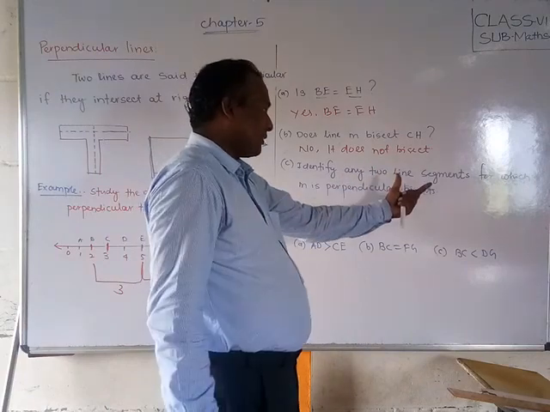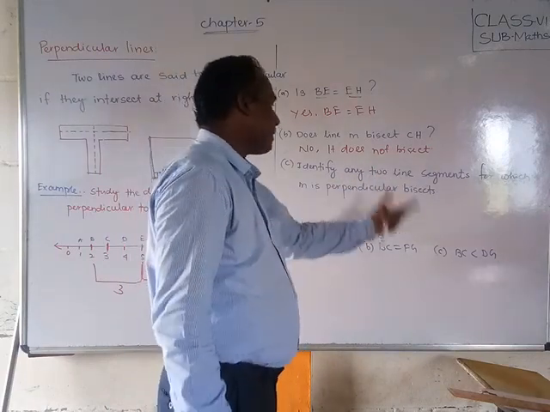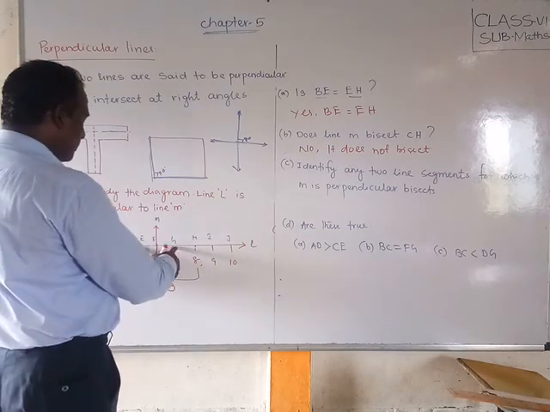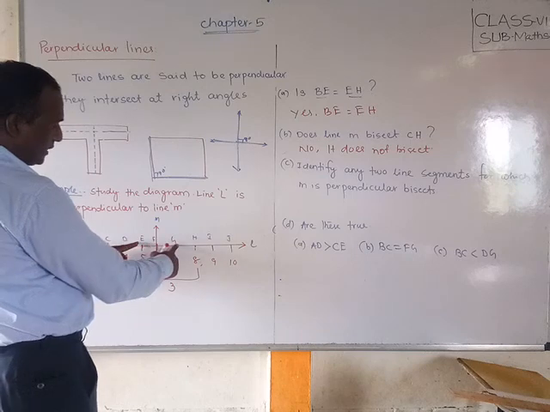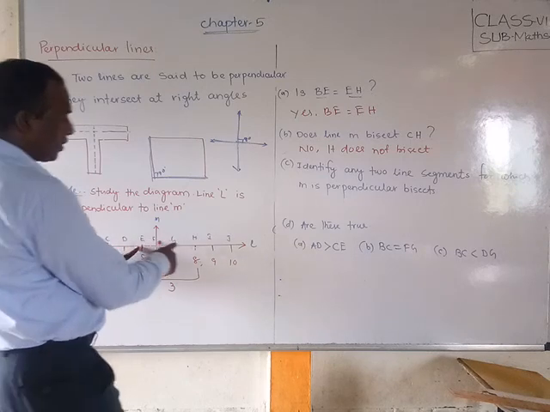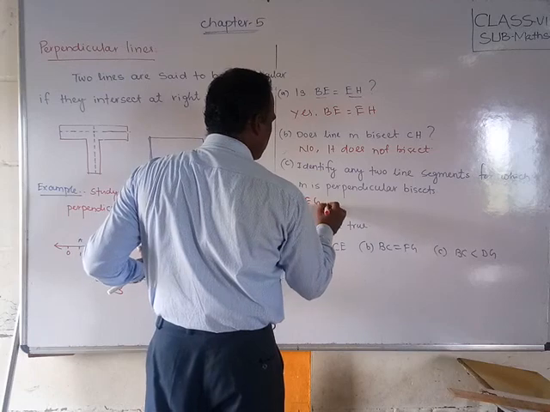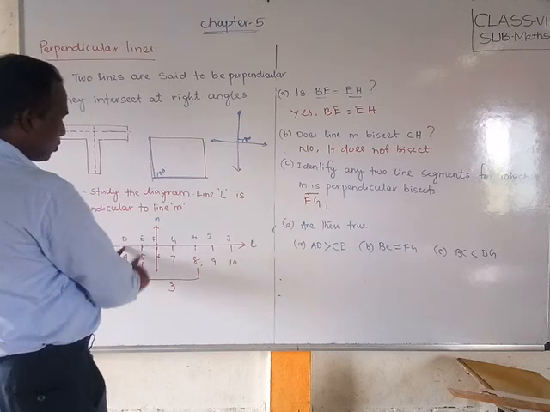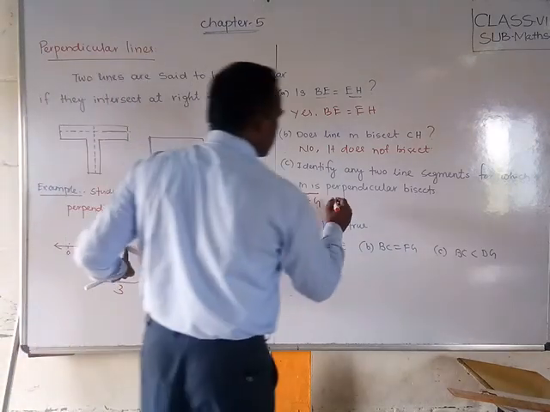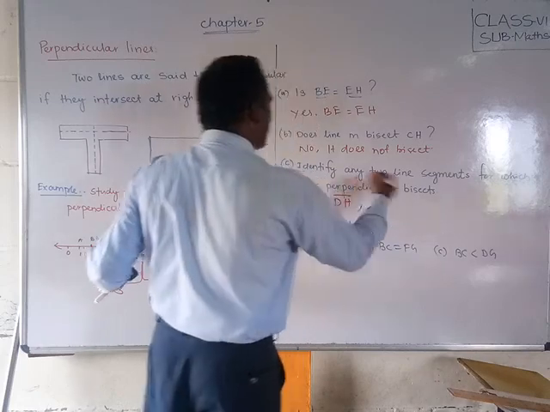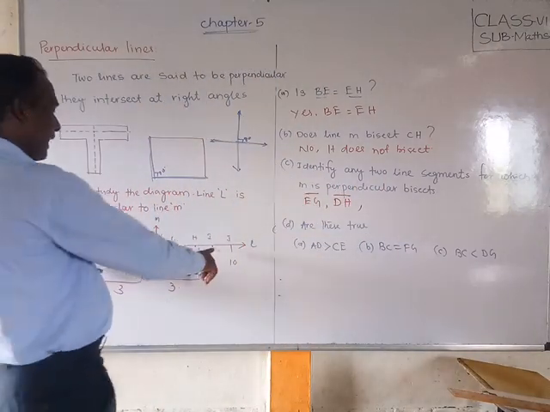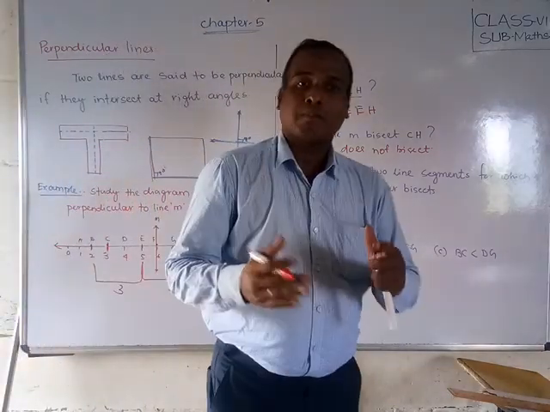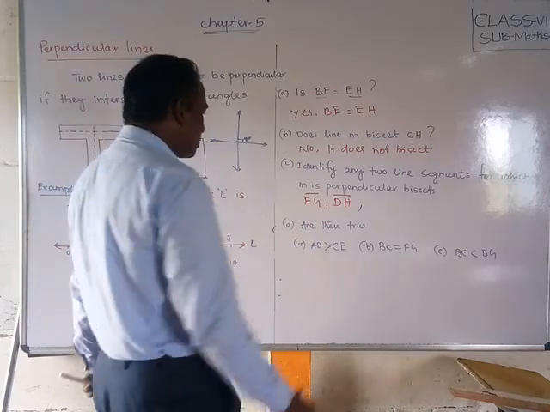Identify any two line segments for which M is the perpendicular bisector. Bisect means, suppose EG: it is bisected, because this side is 1 and this side is 1. So we can write EG. Next, we can say DH: this side is two parts and this side is two parts. There are many, any two lines. Same like CI: this side three parts and this side three parts. So these are called bisected line segments. CH cannot be written.